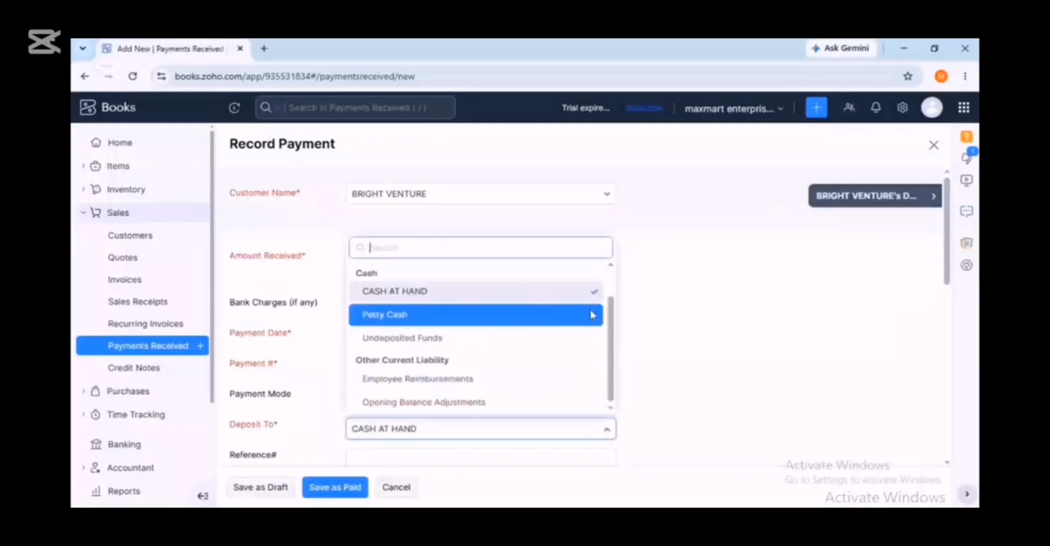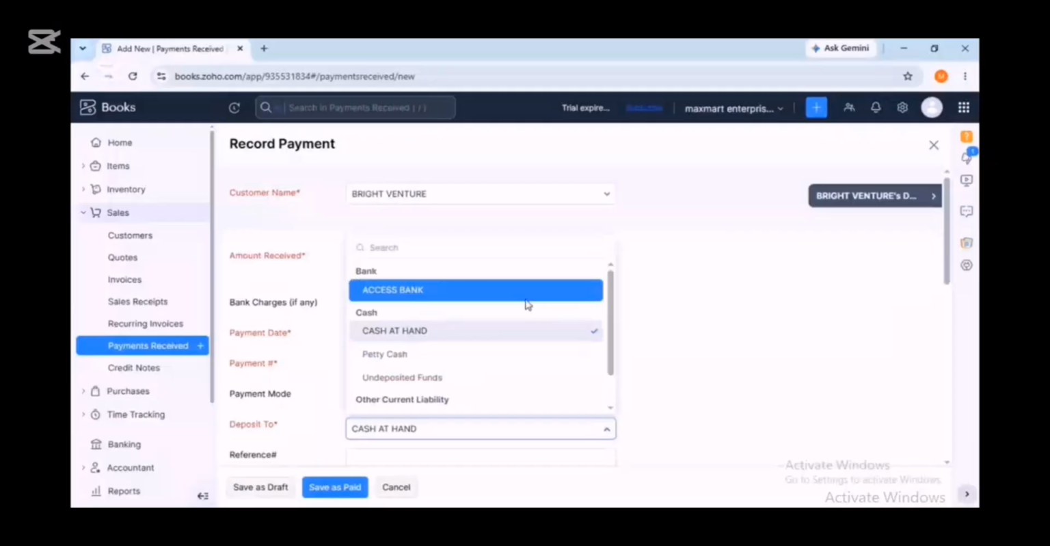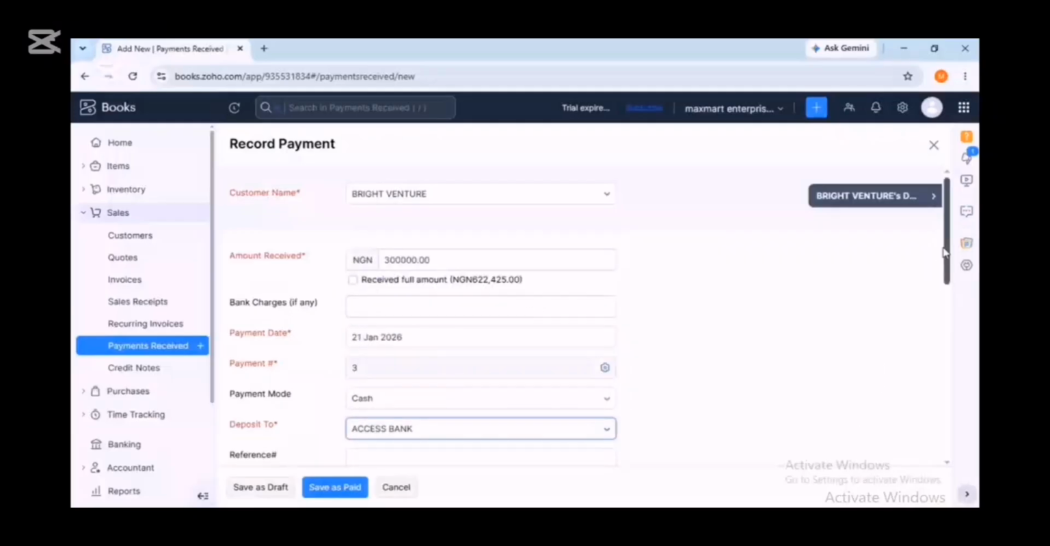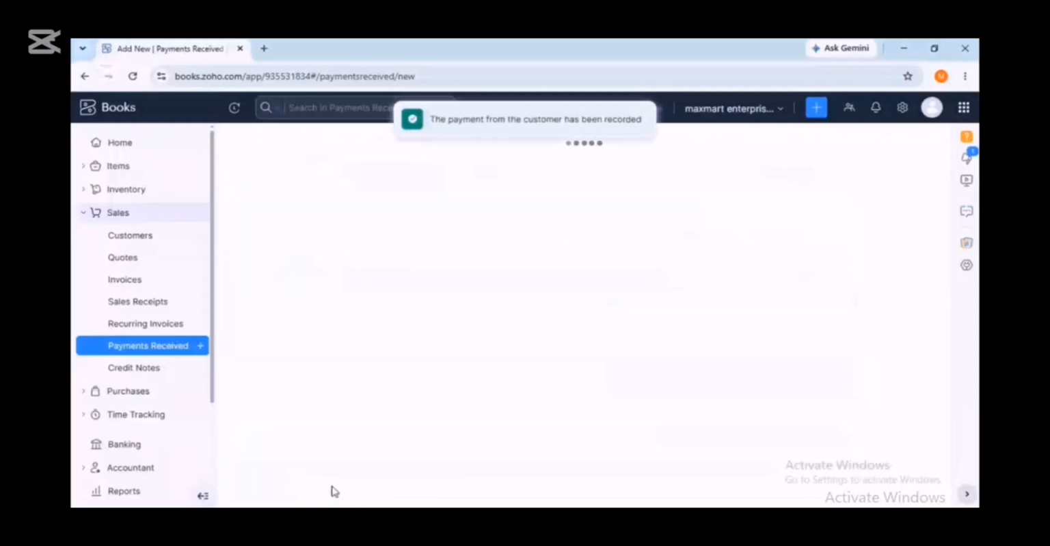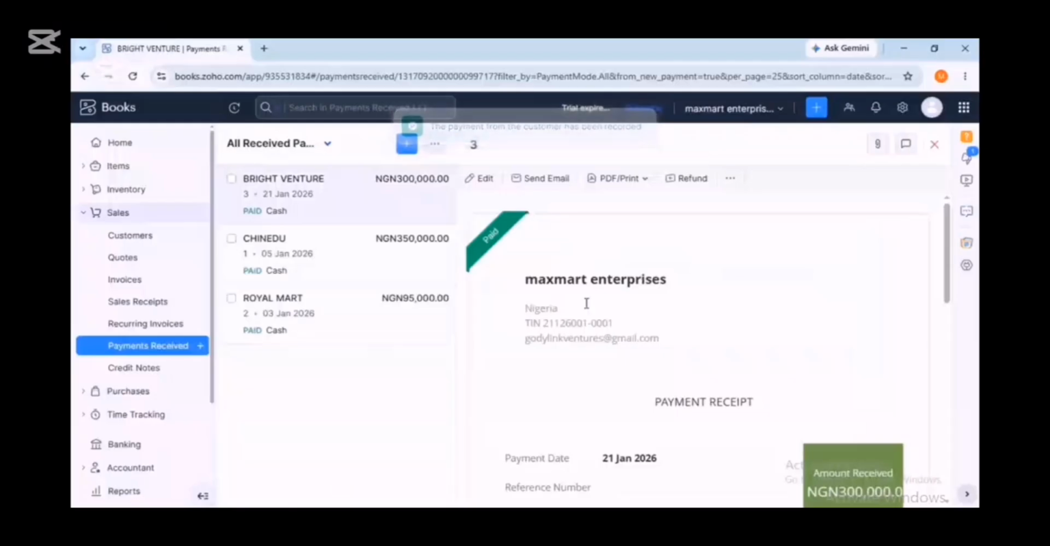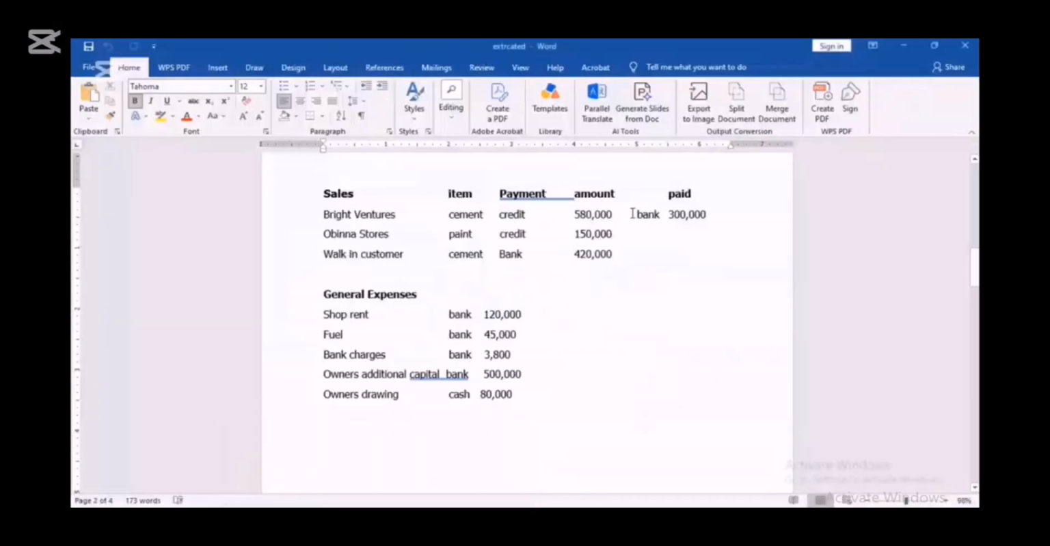Let's correct that. Access Bank. So let's save as paid. So it now reflects in his account. So that's that. So next one,